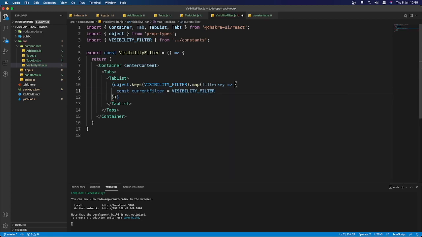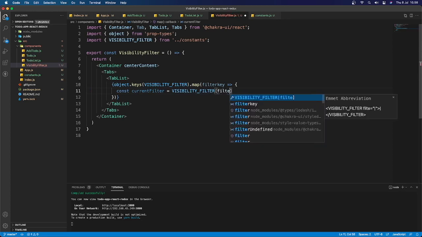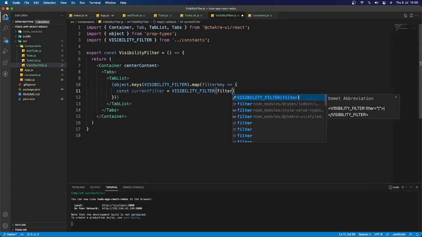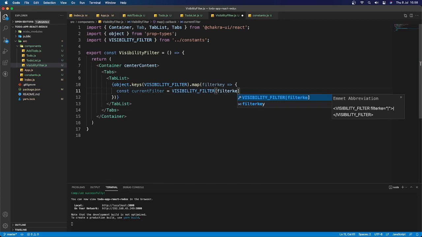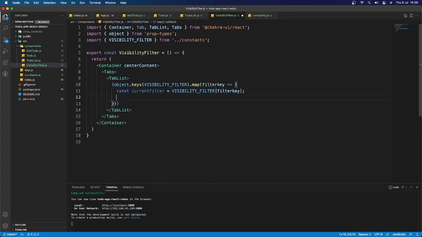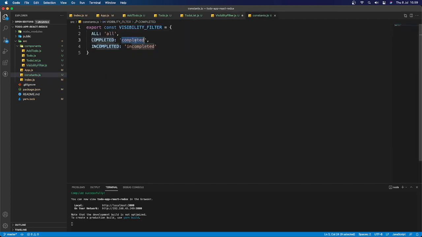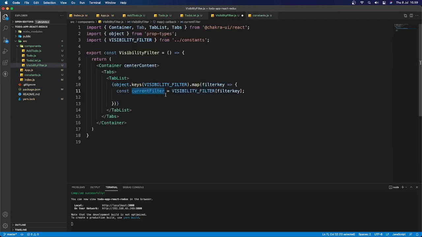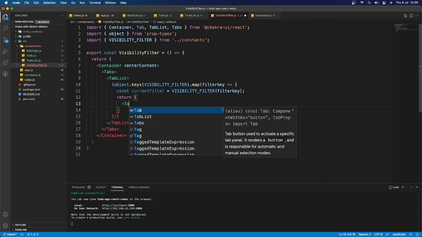I'm gonna access the filter key. Okay, now if I console.log the current filter, of course we are going to grab the all, completed and incompleted. Okay, so here we need to return tab. All right,